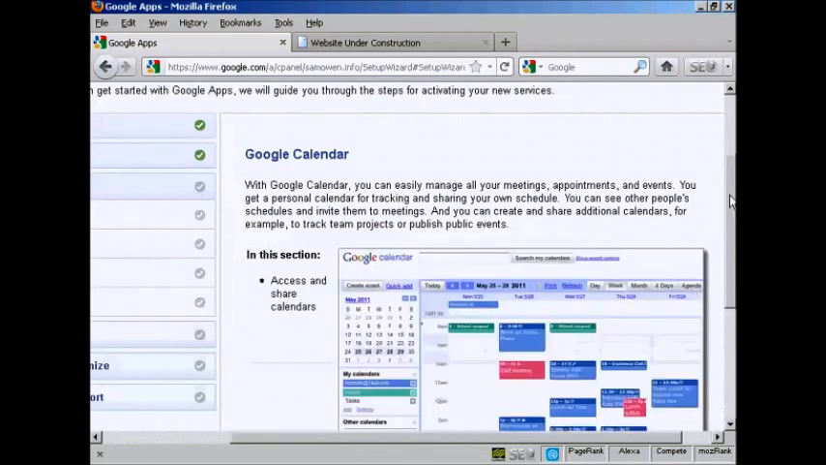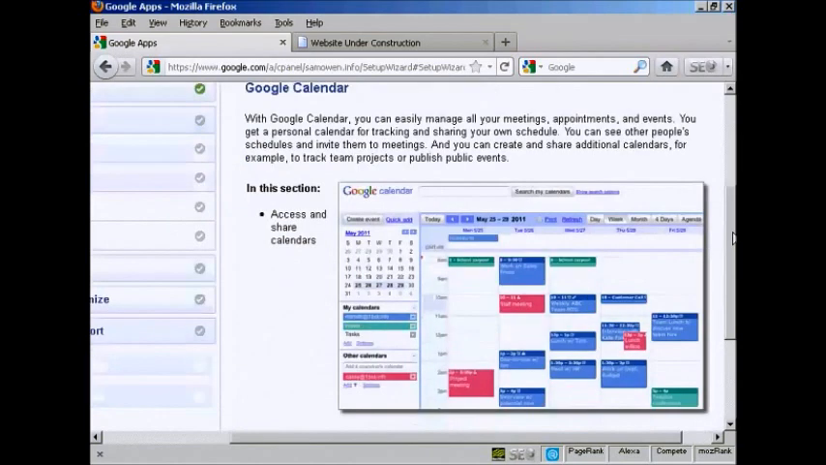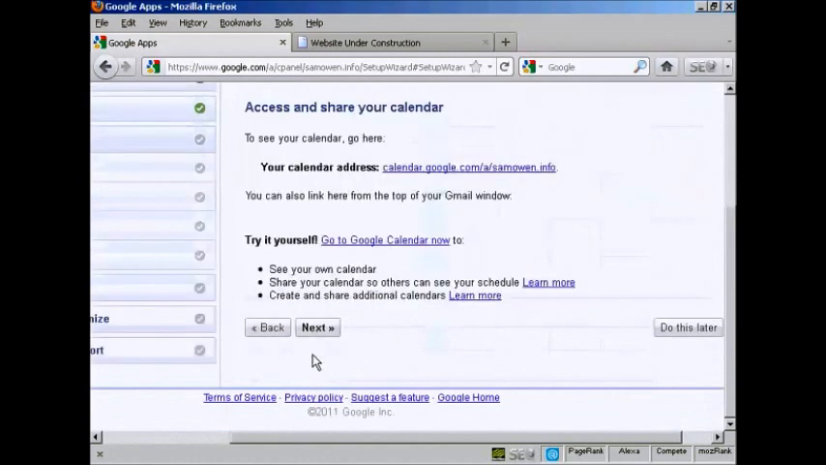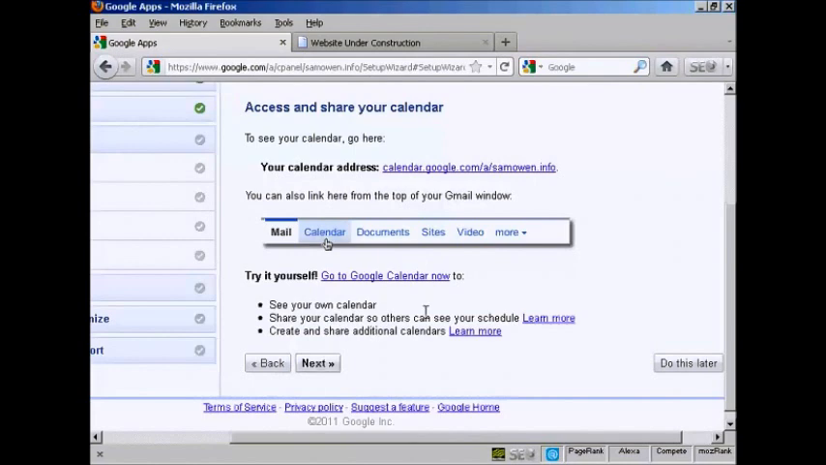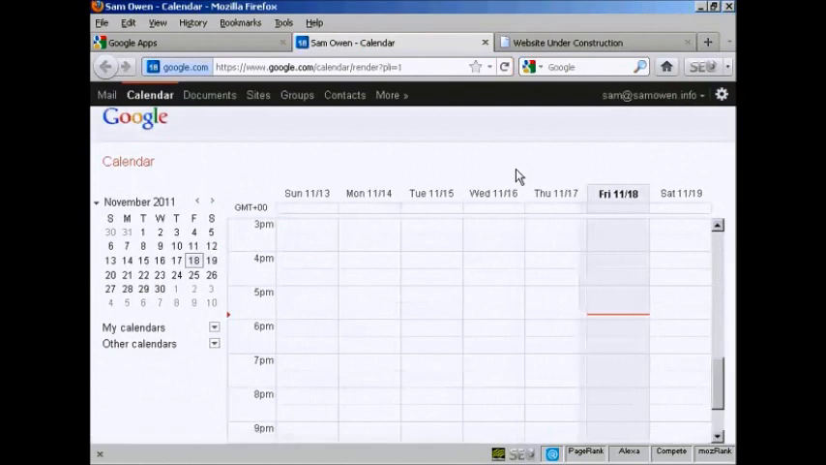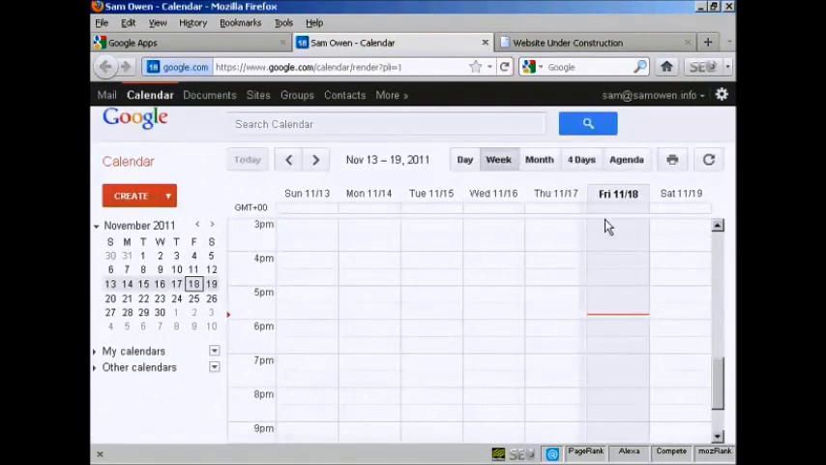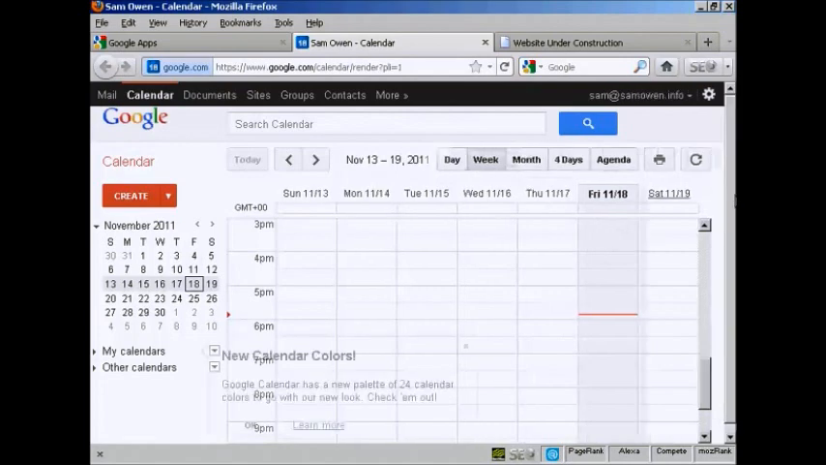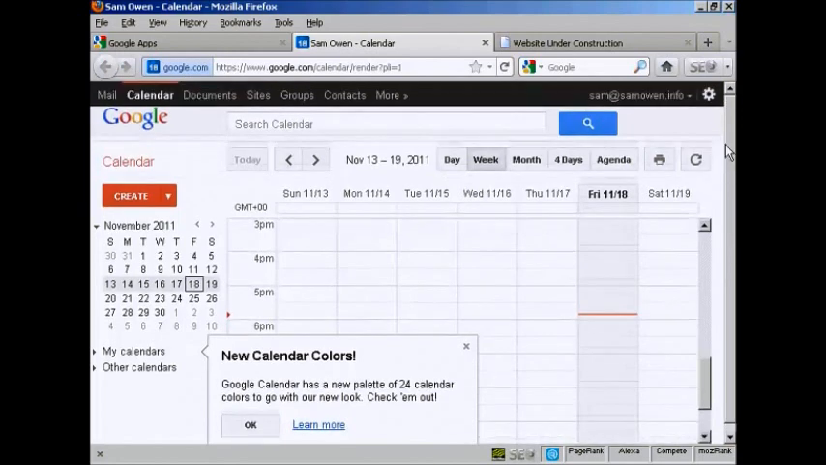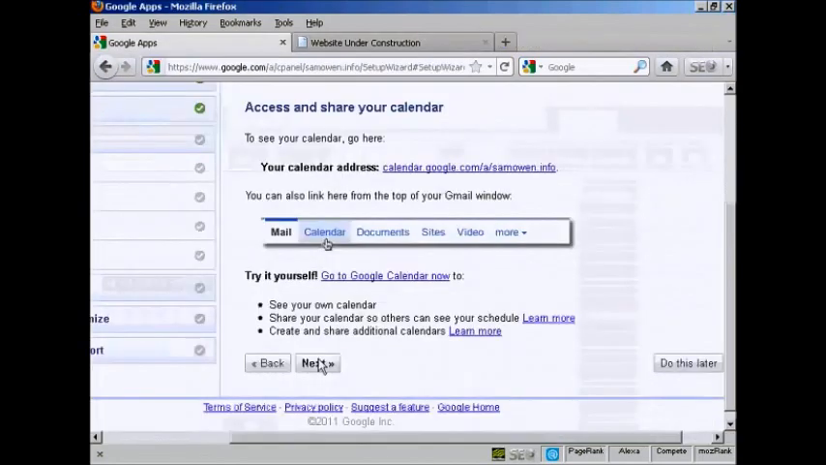And now then there's my Google Calendar, and this helps me schedule meetings, appointments and so on. So we're going to set that up, and I'll click on next. And you can see there's my calendar, so I can click here to see it. And there we go, there's my calendar, and I'll be able to enter meetings and other information into here as time goes by. Okay, let's just close that. Now we go on to the next one,